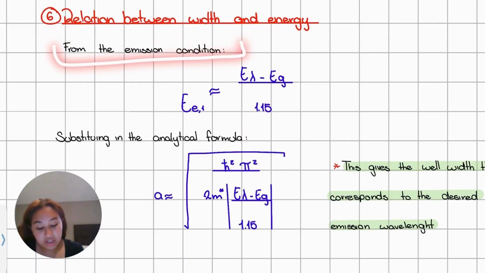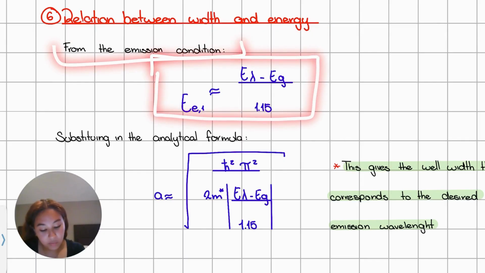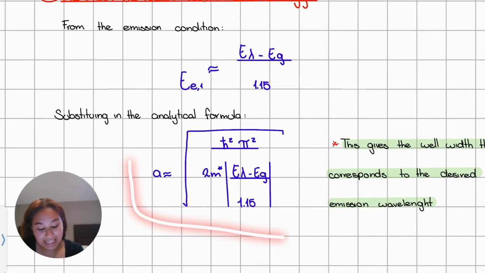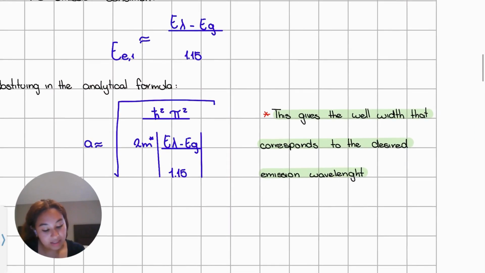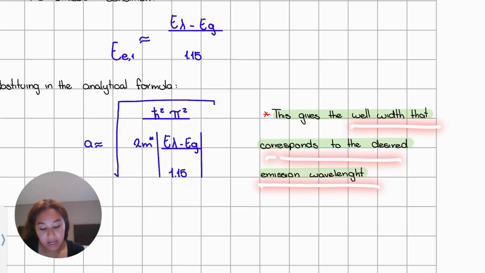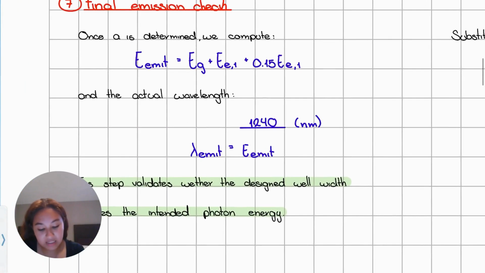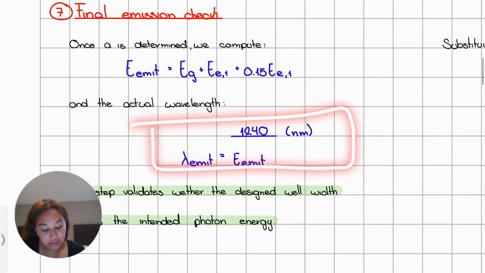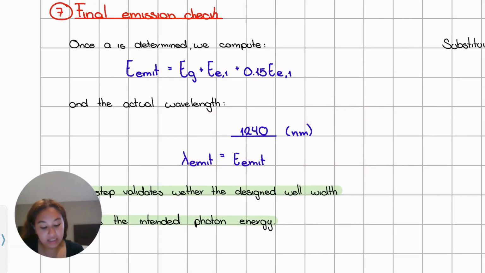Now, for the emission condition, we have these equations which we are going to substitute into the analytical formula. This gives the well width that corresponds to the desired emission wavelength. Once A is determined, we compute this equation and the actual wavelength,